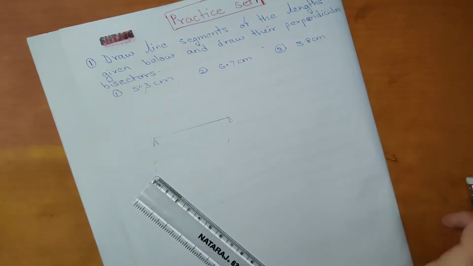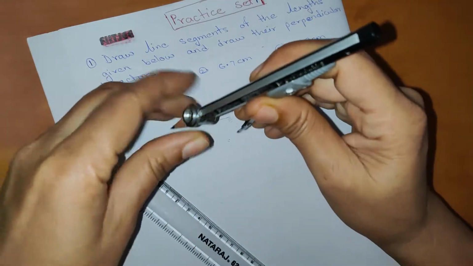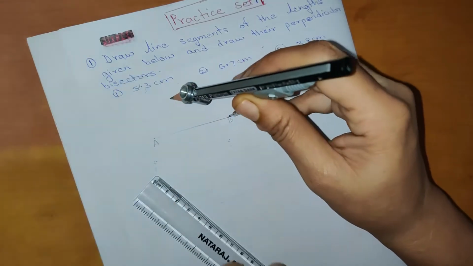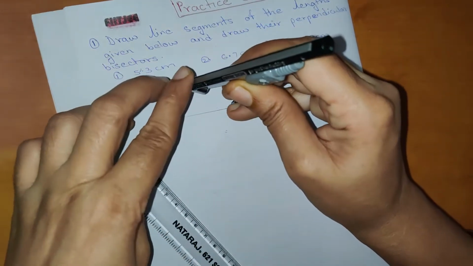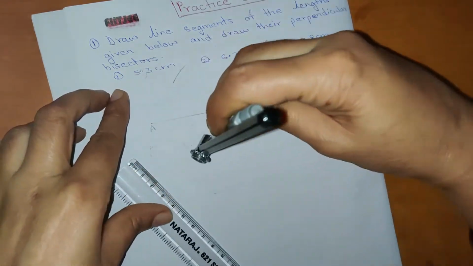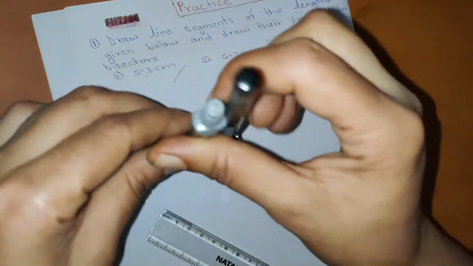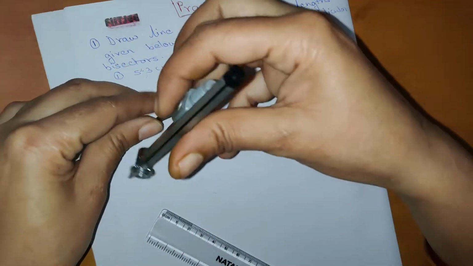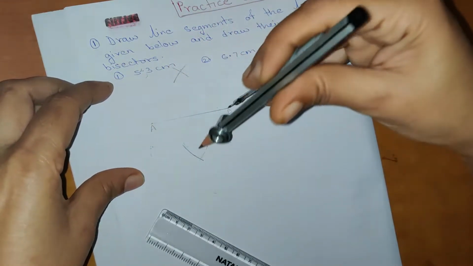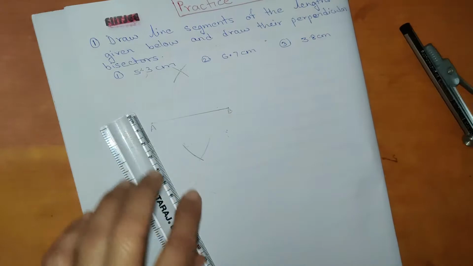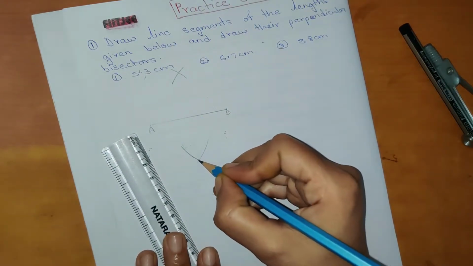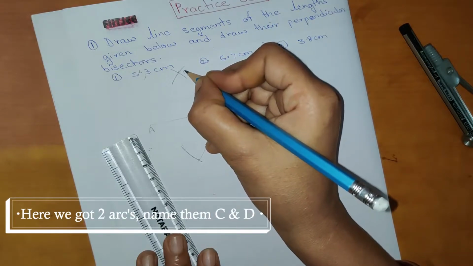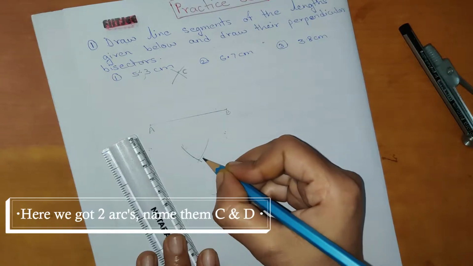Now take the compass. Keep it on the point B. The distance should be more than half, you know earlier, and see that it is fixed properly. So draw an arc up as well as down, and keep on point A, up as well as down. If it is not intersecting, again just go through that, you will get it. Then you get intersecting arcs. So mark the points and give the names. So here I am giving the names C and D.